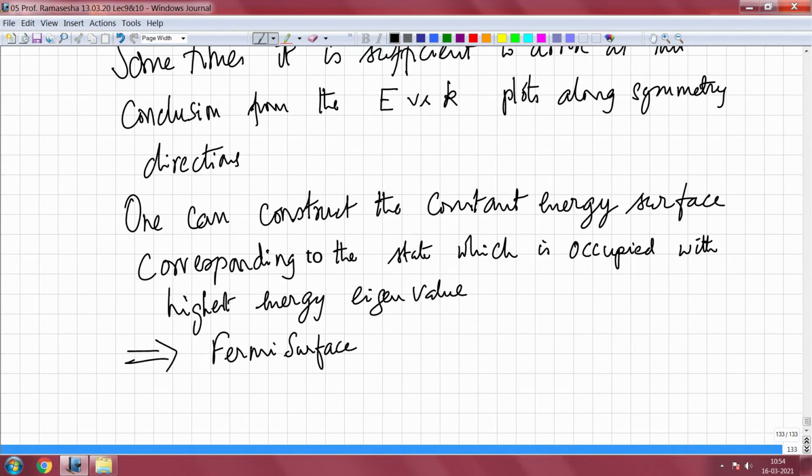But right now, what I have done so far is give you a good idea about what the energy versus K plots that you see in literature are and how they are arrived at, and why you only work in a particular region of the Brillouin zone, and also how you go from higher symmetry wave vector point to a lower symmetry wave vector point, and how you correlate the states in these two regions by doing what is called the compatibility of states, which could be arrived at almost along the lines of the Jahn-Teller distortions that people are familiar with in